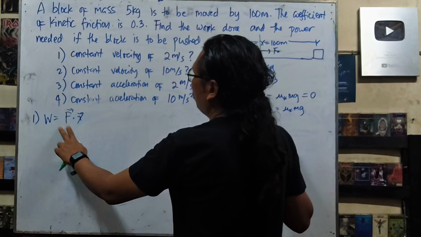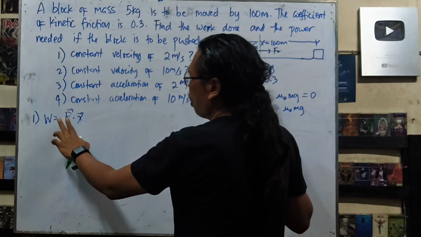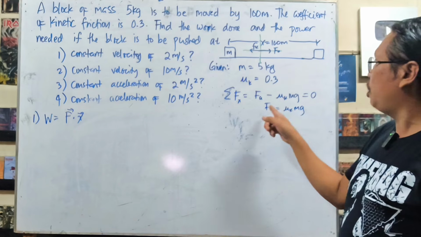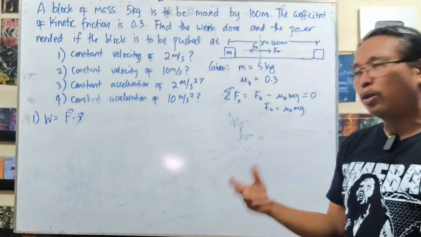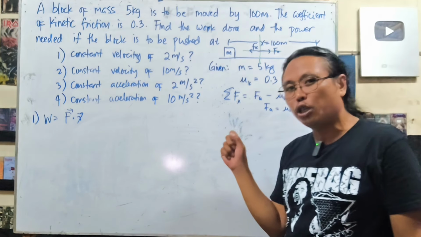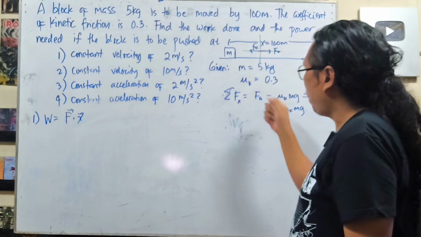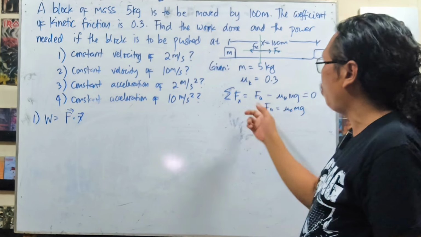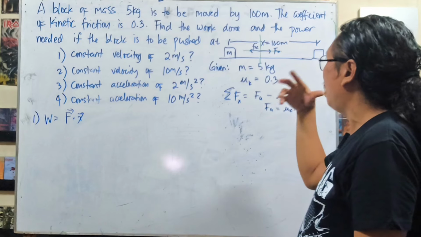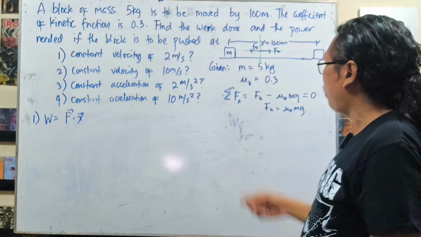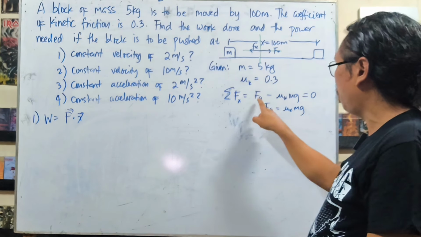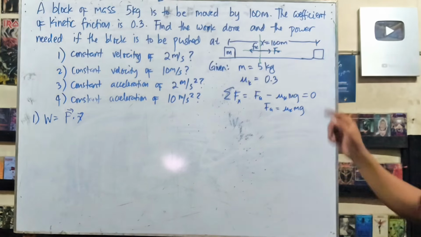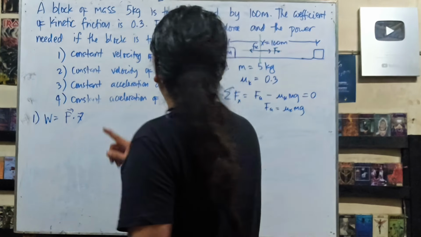This is the force that we are talking about here. It's understood that we want to calculate the work that we do, the work that corresponds to the force that we apply, and the force that we apply is this Fa. Friction also does a work here, and actually you will see that the work done by friction is just the negative of the work done by this one. We'll solve it later.